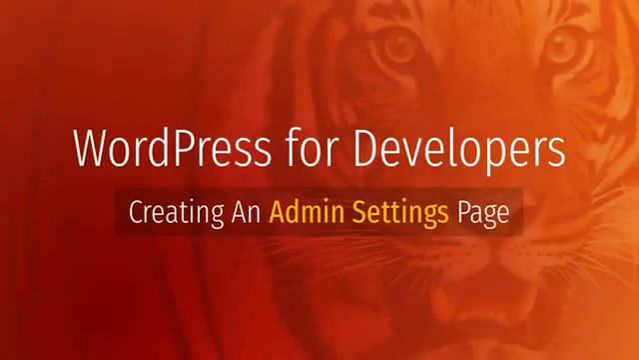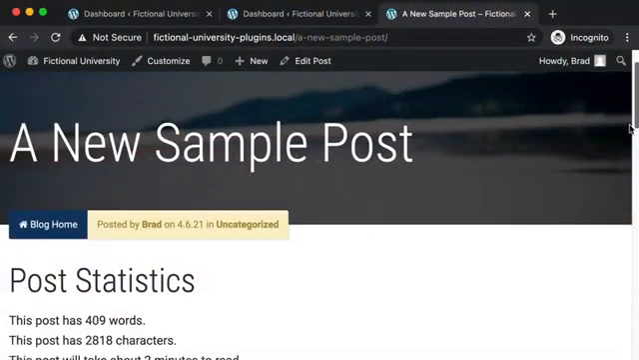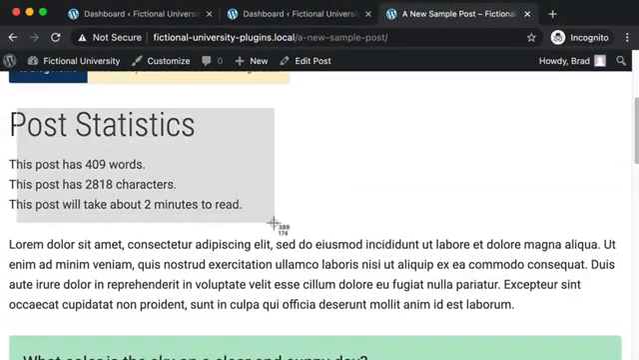Hello everyone. In this lesson, we're going to create an admin settings page. Let's jump right into the action. So this is a preview of the finished product of what we're trying to build right now. We want to create a plugin that shows the word count, character count, and the approximate read time for a post. However, a big part of what plugins do isn't just the feature that they bring to the table, but